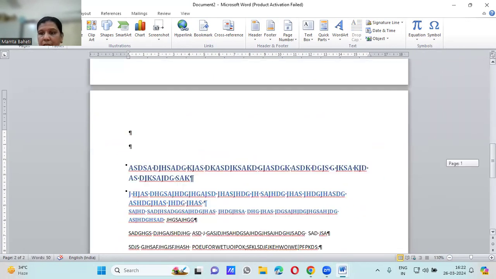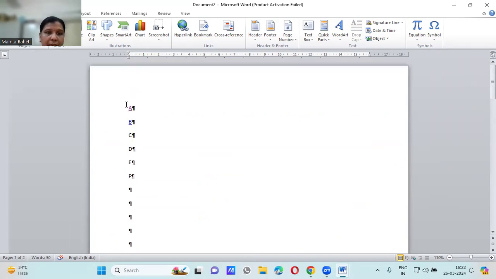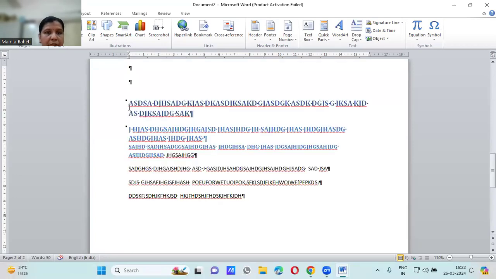Okay. See, on the first page, it is A. I'm clicking it on. Control plus click. See, it has linked to that particular content. So suppose you are creating some document where you want to have an interconnection between the contents, or wherever sometimes